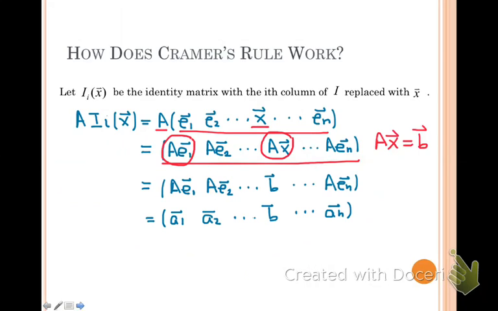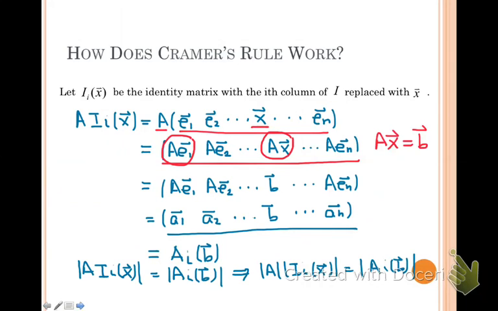So we now have the following matrix right here. And notice that this is simply the matrix A with the ith column of A replaced with the vector B. So now we're almost done. We simply find the determinant of the left-hand side and the right-hand side respectively, and then use properties of determinants to separate the determinant of the product into the product of the determinants. And so all I really need to do to convince you that we're finished is to show